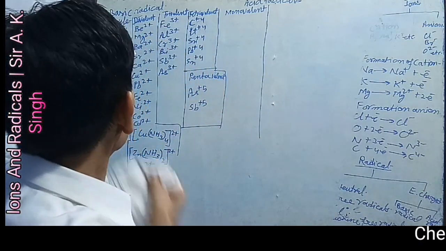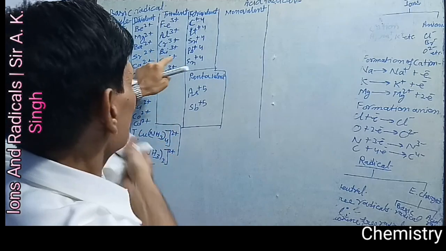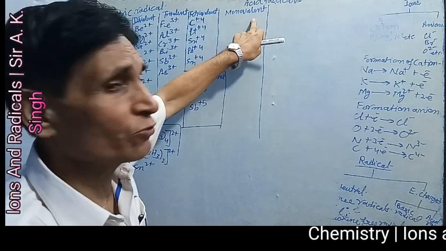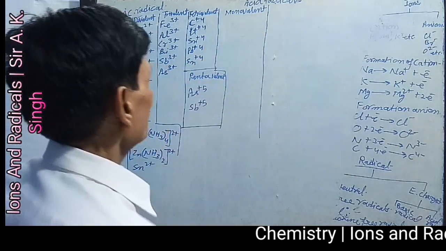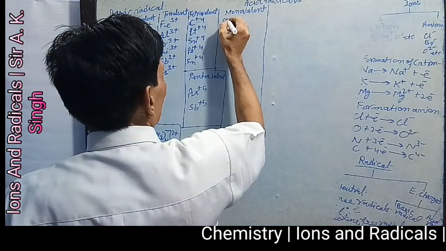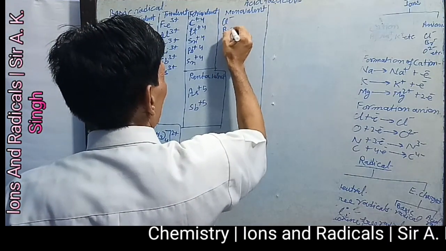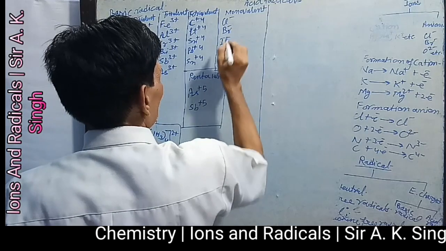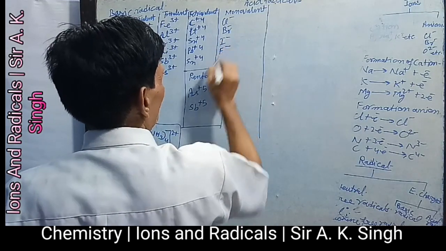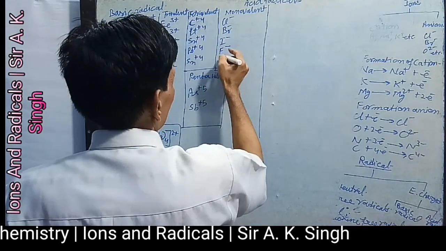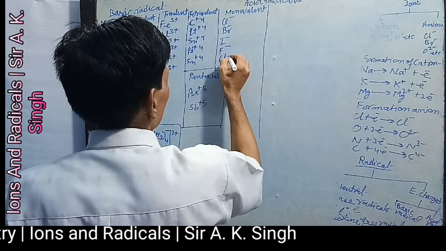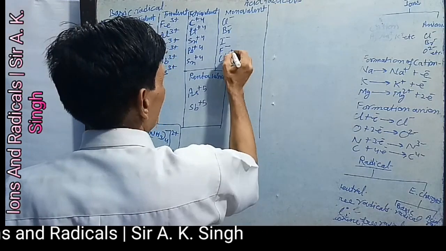Like these radicals, they have only one negative charge. For example, here chloride, bromide, iodide, fluoride, like that, chlorate or hypochlorite,